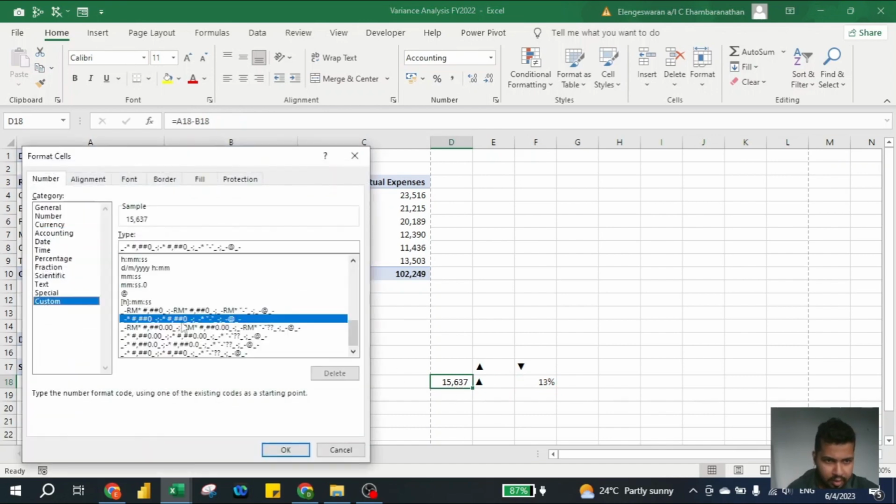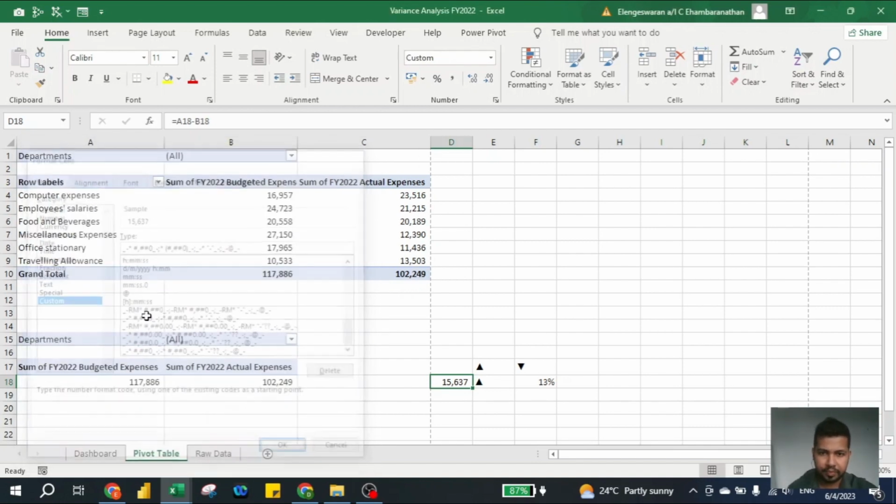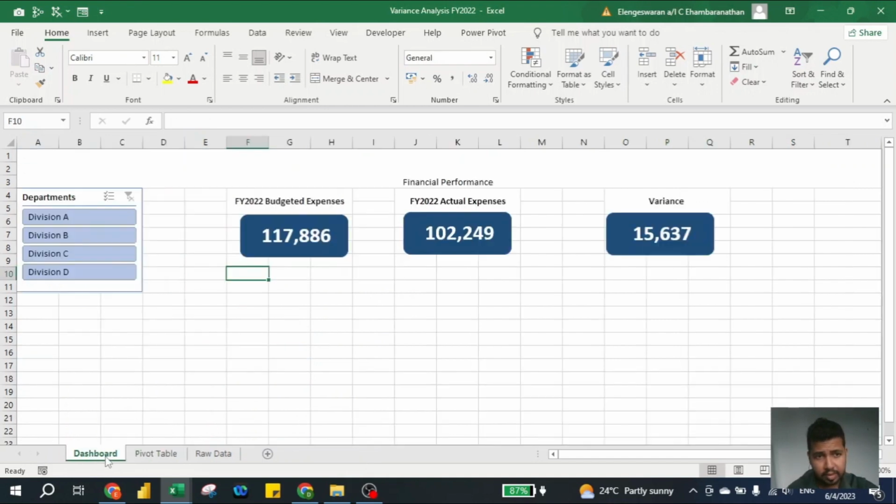custom format, and I go to data over here. I want to remove this negative and put an open bracket. So now if I press division B or division A, it shows a negative, which is open bracket and close bracket. So this is how it looks. There you go. Okay, so this is our data, but now let me make it something interesting, something fascinating